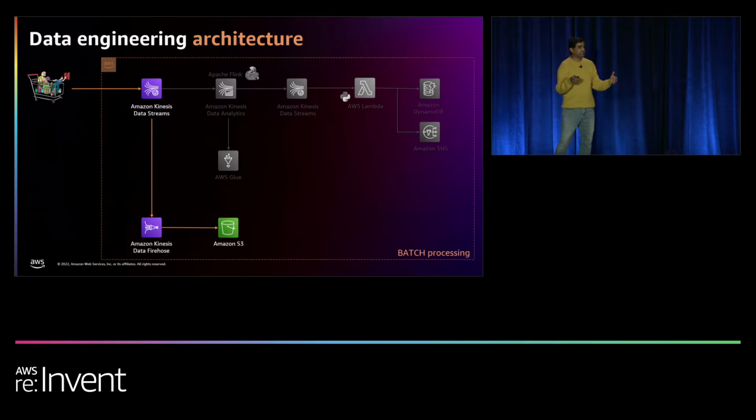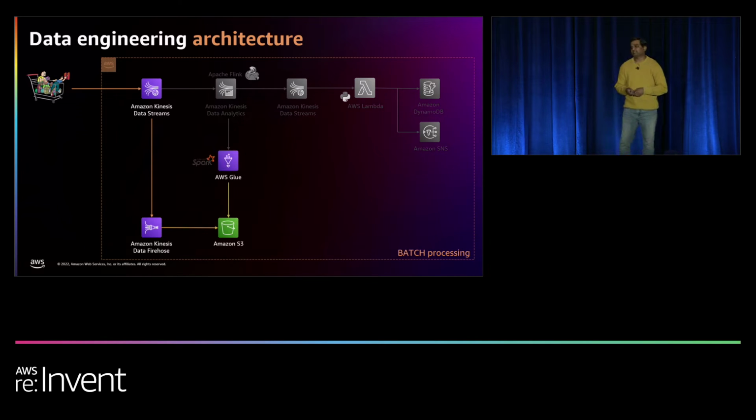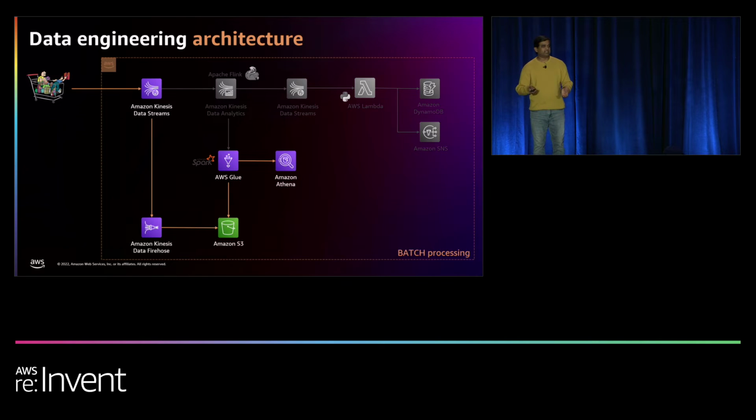Once the data is in S3, what you can do next is make use of Glue to do some processing, like converting that data into a more efficient format like Parquet, which is the format used in any big data processing. Or you may like to add new columns on your incoming data stream. All of that you can do using AWS Glue ETL. Now, at this point in time, we have Glue and we have our data on S3. So you can now query that data using Athena, because you have the schema in Glue and you have that raw data on S3, now you can use Athena to query.